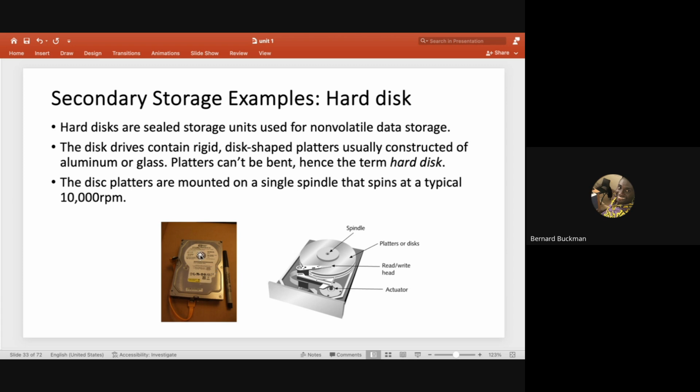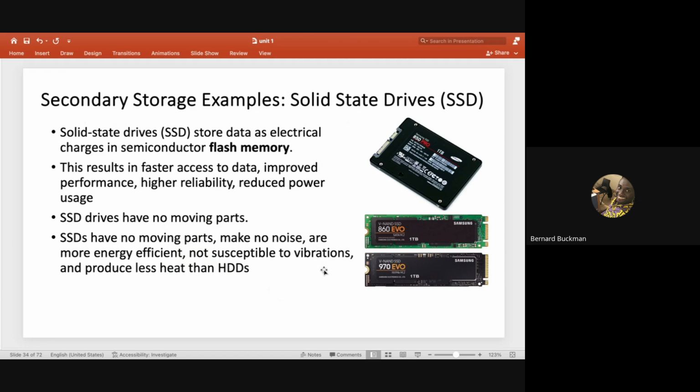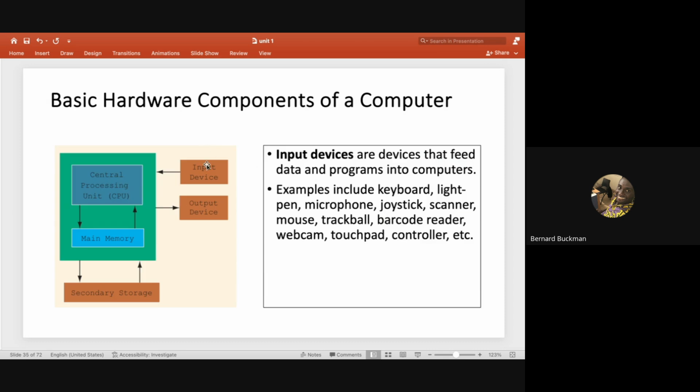And when we remove the metal case, you can see a disk and then a spindle that moves, and then a hand that moves to and fro from the spindle. Okay, then there's an example of a solid state drive. This is a 1 terabyte, right? We have 1 terabyte, so 3 terabytes, and they look like this. In your phones, we have something like this, or sometimes in your laptops, they have something like this as well. Okay. Then the last but not the least are the input and output devices.